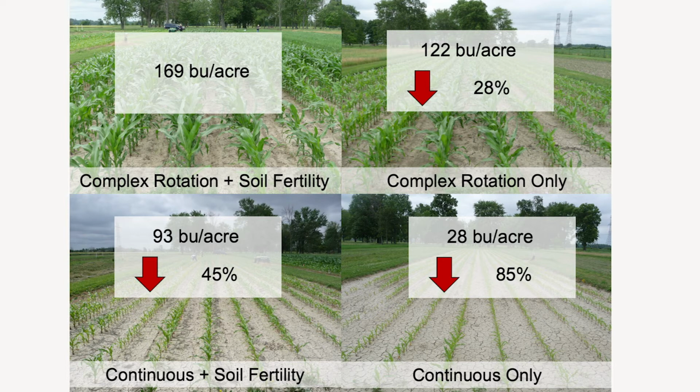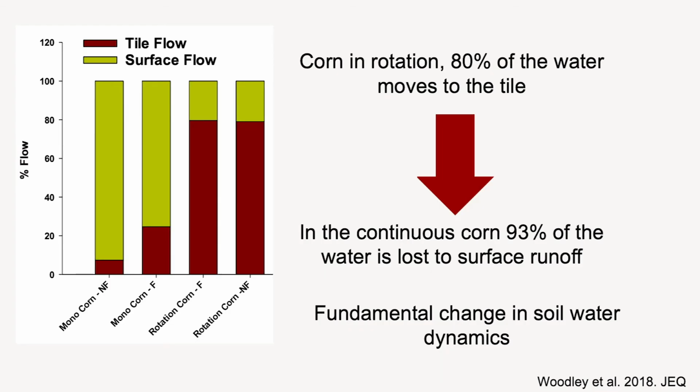This is when you have a complex rotation and you have good fertility at the right levels. This is when you're relying on rotation alone, so you're still seeing decent response from that alfalfa turned over. Here's continuous corn, despite having adequate soil fertility, it's looking terrible. And this is, as you can expect, 50 years of continuous corn with no fertility. And I know this is not a realistic example, but it's great to actually see the extremes. And you can see that by not having adequate fertility, you're dropping your yields by 28%, continuous down by 45%, and then continuous only is 85% drop in yields over the 60 years.